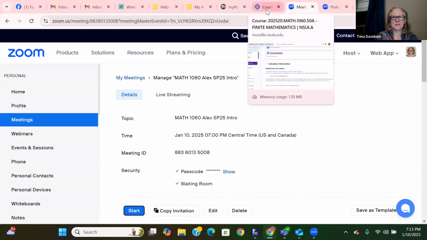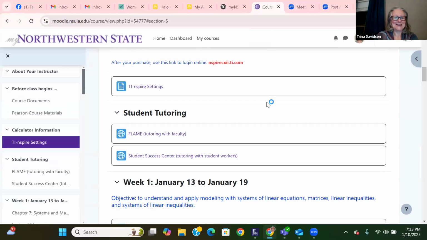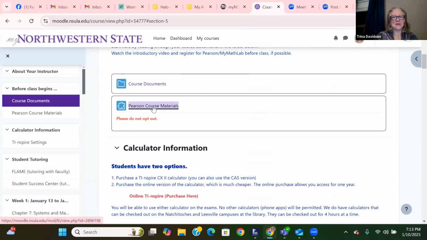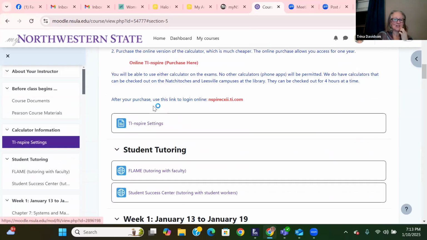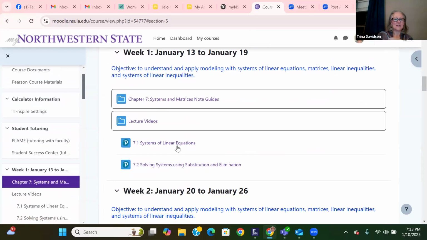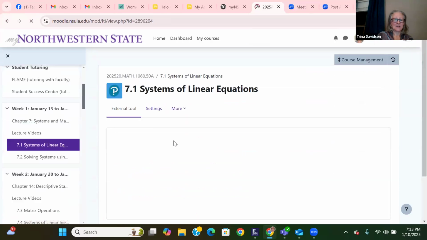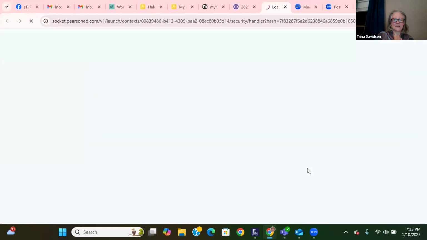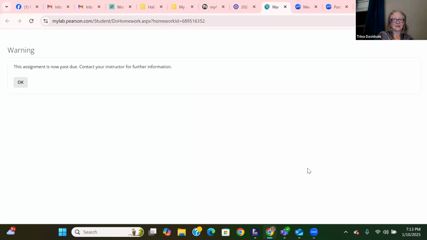Oops, you don't want to see my Zoom. Okay, so you can go to Pearson course materials if you want to go into the course. Now for each week, I do have the assignments dropped in there. You can go this way. Okay, it says now past due.